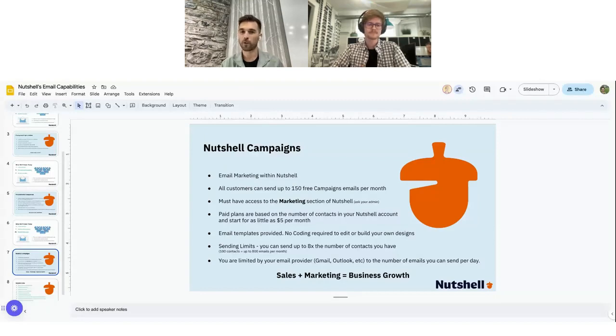Some benefits are one less login to have in your key of passwords. So you can log in to your CRM and your email marketing platform with just one password and send from the same. All customers can send up to 150 free campaign emails per month. So even if you don't have that paid campaigns plan, you can still jump in there, build yourself a template,